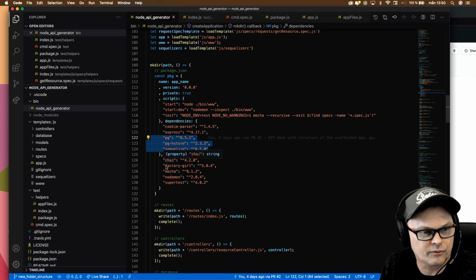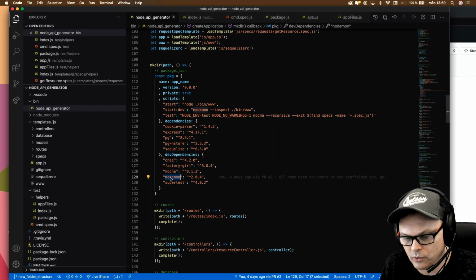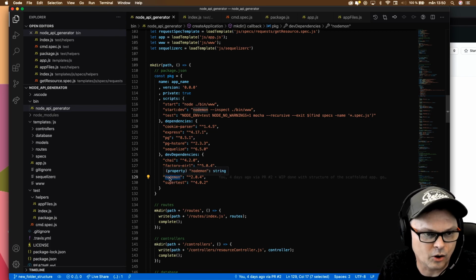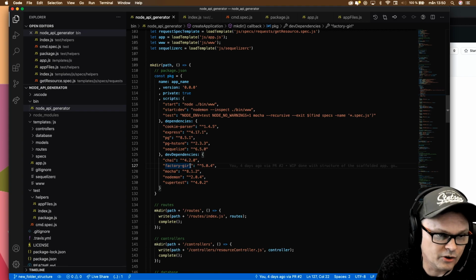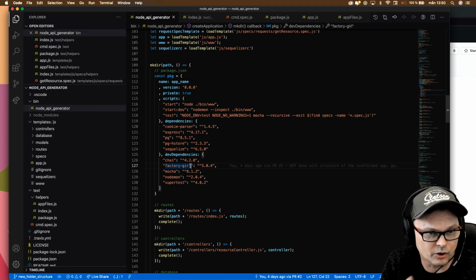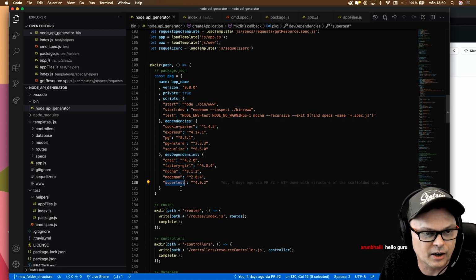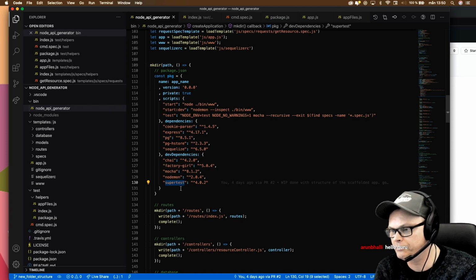And then in terms of development dependencies, I'm adding Chai and Mocha for testing, and of course Nodemon for running this in a hot reload mode. I'm also adding Factory Girl, which is the Node version of Factory Bot to create fake objects. And I'm also adding Supertest, and Supertest is a test kind of runner, but